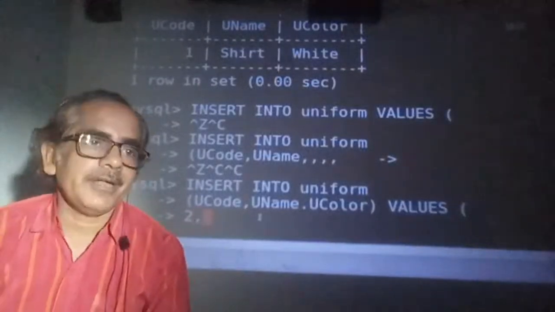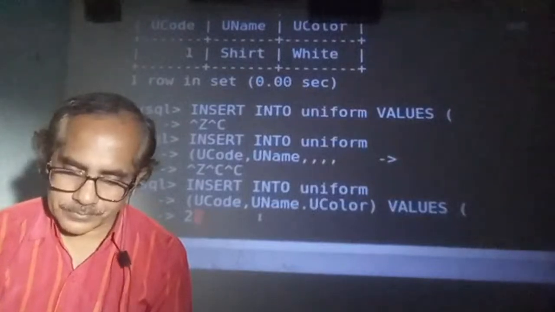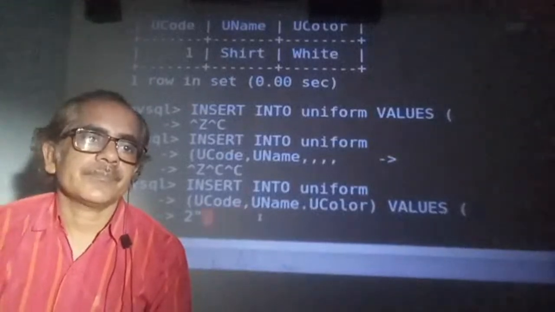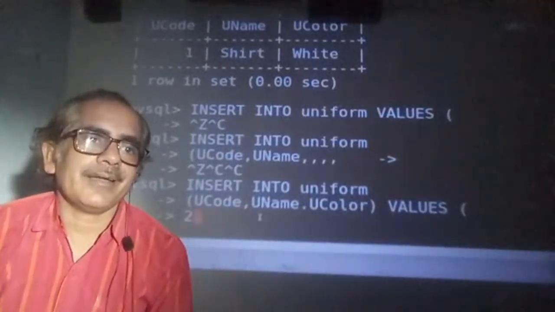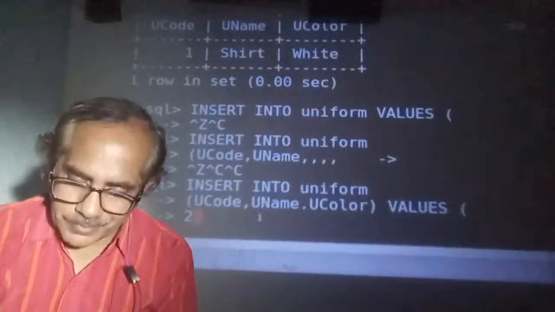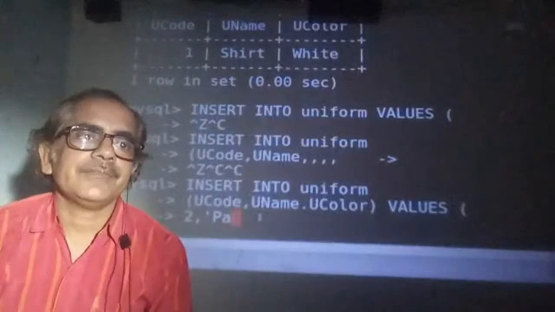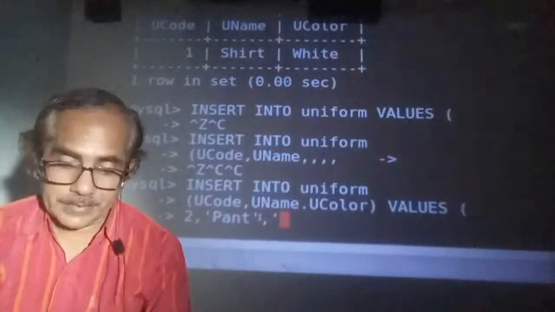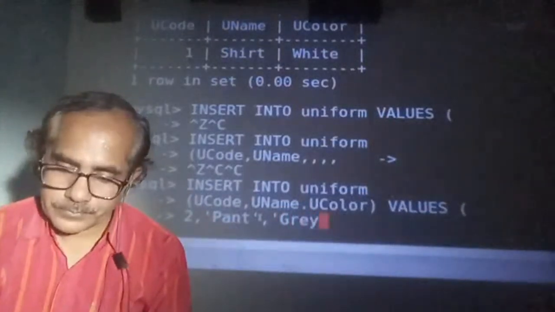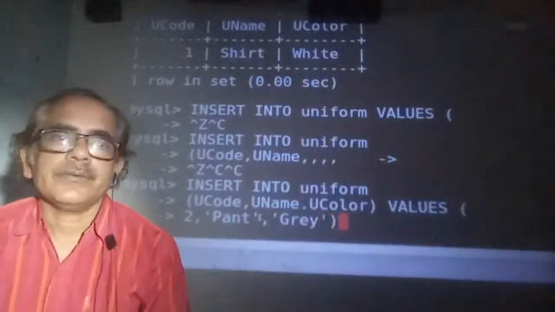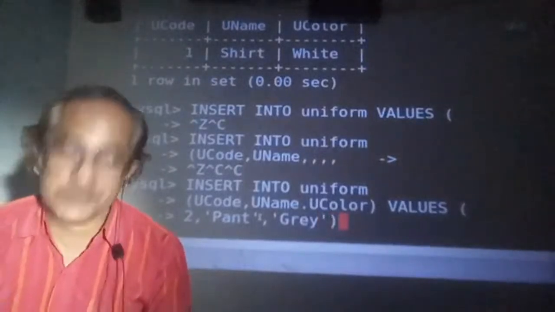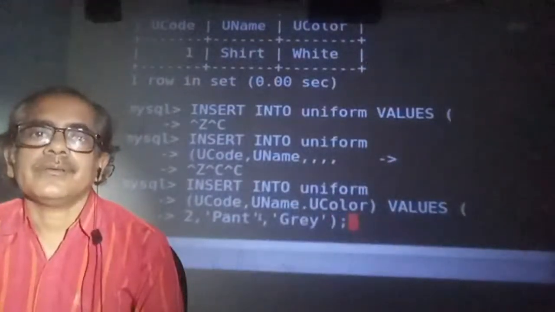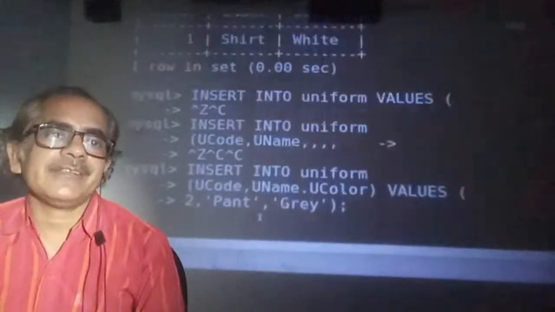2, pant. Oh man, yes, 2, pant, then again comma, gray. Values are specified, then the bracket is closed, semicolon is given. And then as you will press enter,